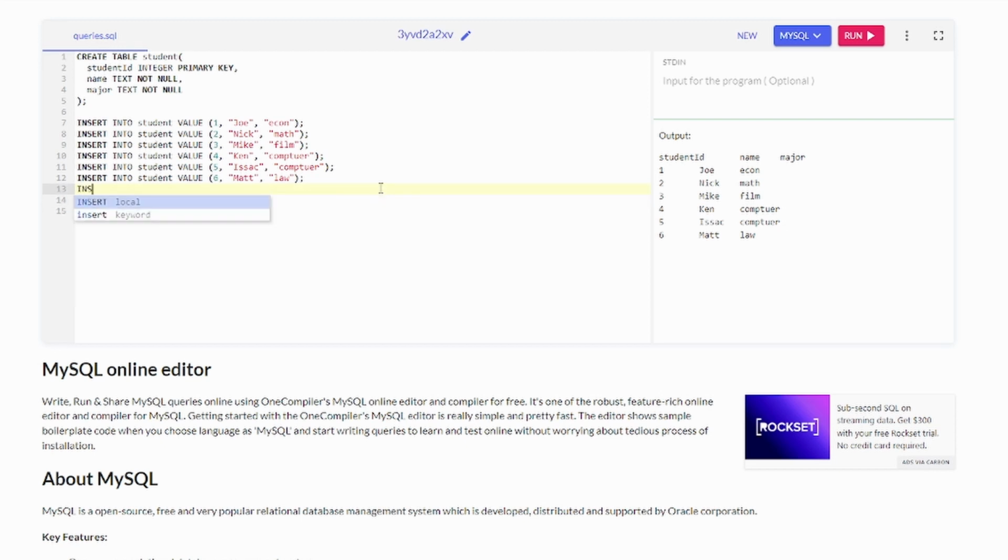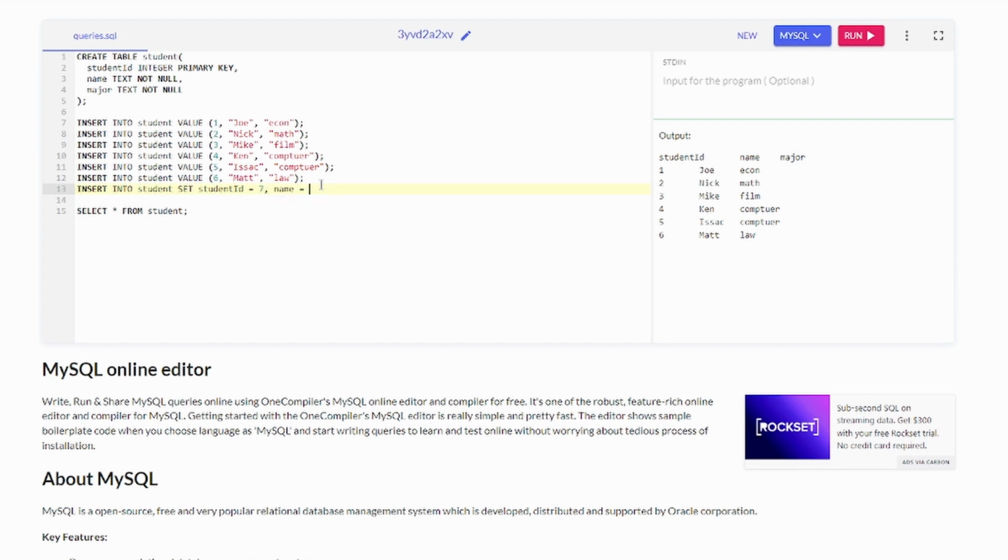insert into the table, which is, let's see, insert into student, and then we'll set student, and straight up student ID and name and major. Student ID to, let's see, we have 1, 2, 3, 4, 5, 6. Make this 7, because you know ID 7, and we have to name